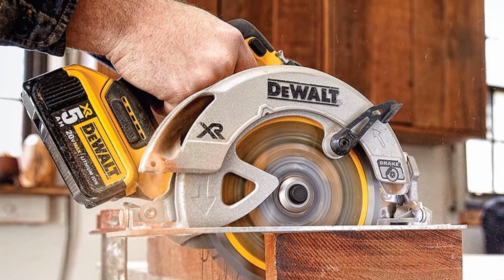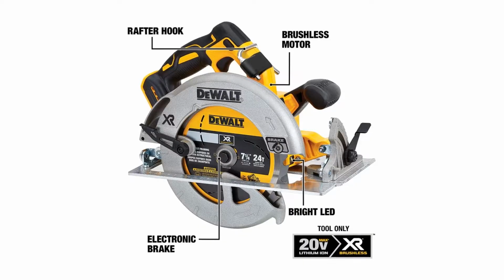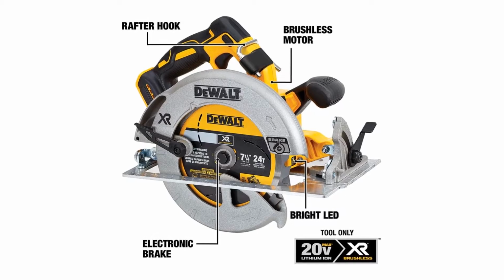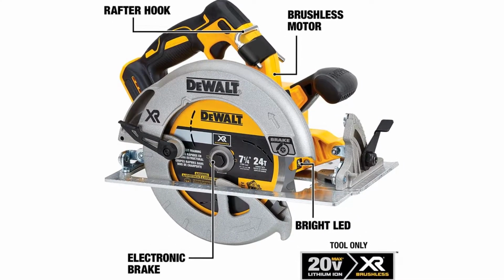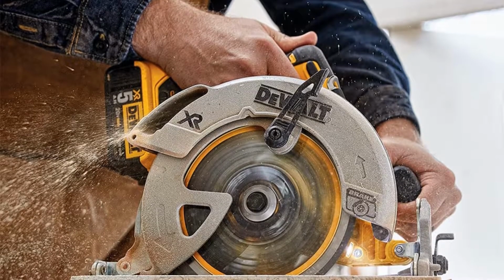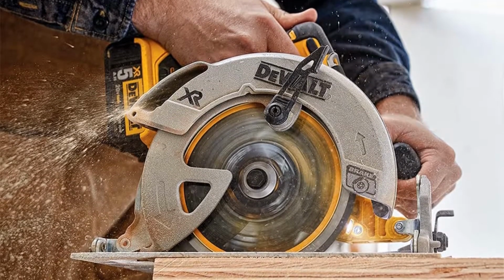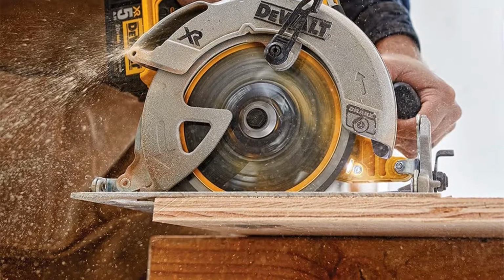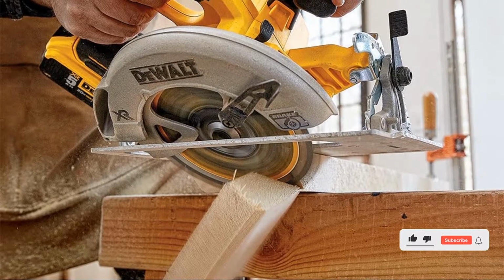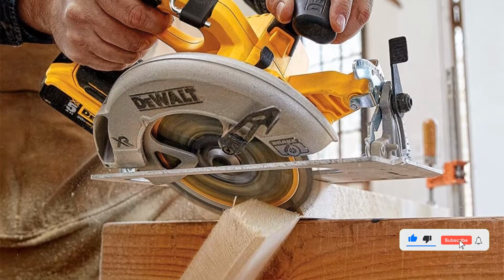The DEWALT DCS 570B is present in the second position in this article as it is a 20V cordless circular saw with a 7.25-inch blade. And this blade rotates at 5,200 RPM, which is more than enough for most users. And as you would expect, it offers excellent performance while cutting wood as it is one of the most powerful